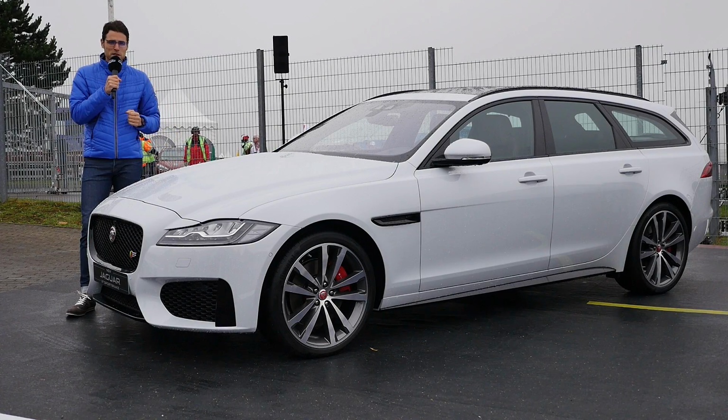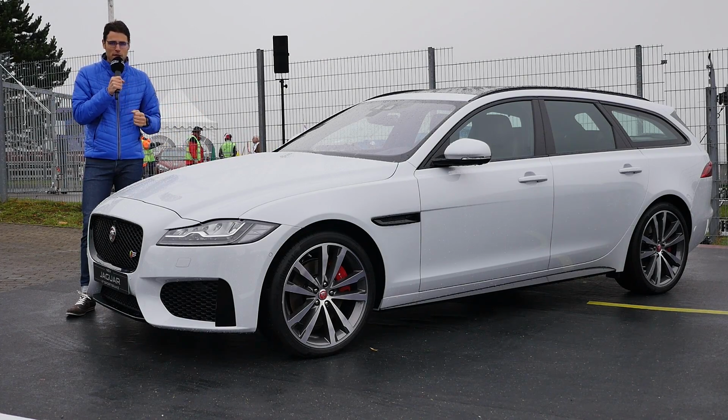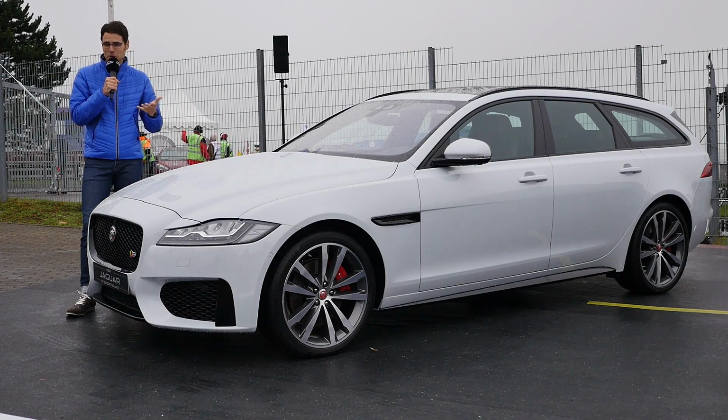The Jaguar XF Sportbrake, the new generation of the XF, now also as an estate or Kombi, as we say